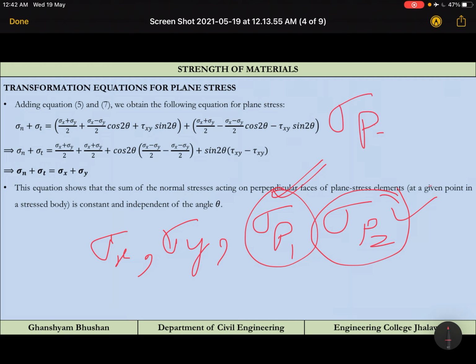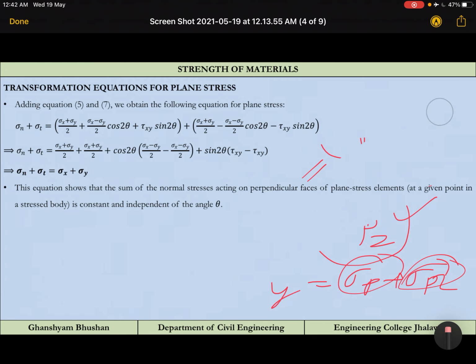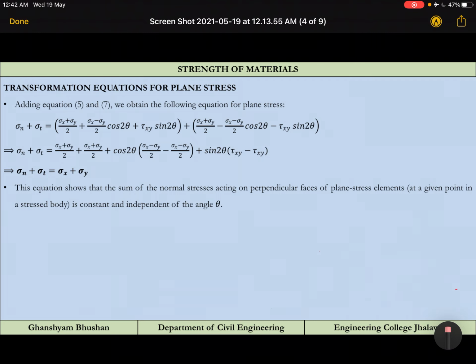So one approach is we have a formula for sigma p2, but in a number of cases, in my GATE attempt also, what I have done, I have used this equation. No need to solve for sigma p1 or sigma p2. If any of them is provided to you, just put sigma x plus sigma y is equal to sigma p1 plus sigma p2. Simply you will get sigma p2 or sigma p1, whatever is asked. So you can save much of your time in these types of examinations if you have this knowledge. Clear? So let me just erase this and we'll move forward.